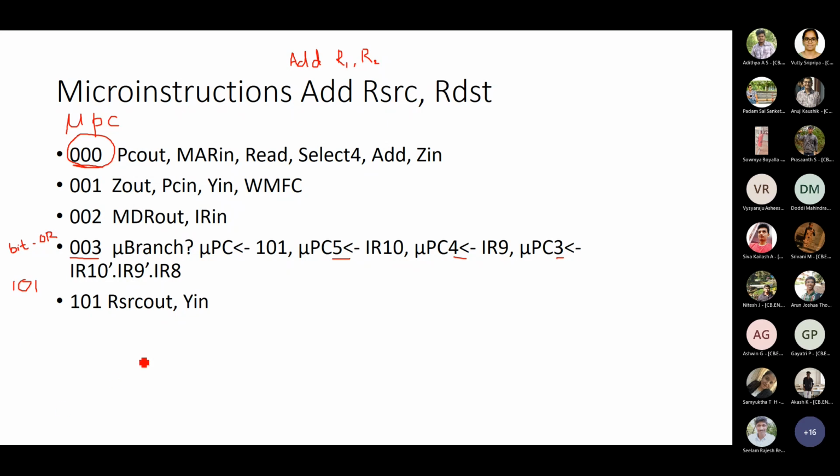You have to read the first operand and put it in Y. Then you read the second operand and do the addition operation. The result will be there in Z. You read from Z, put it in the destination register, and end. That is what the contents of addresses 102 and 103 will be. Now, if you have written it in your notebook, strike out these two address locations. These are not correct. We will see shortly why.